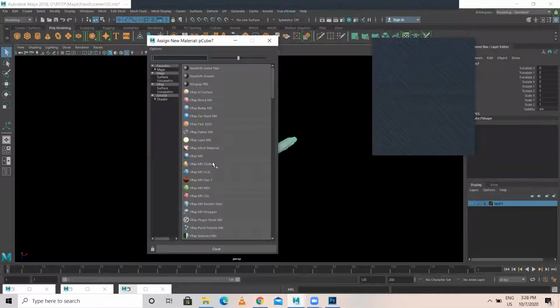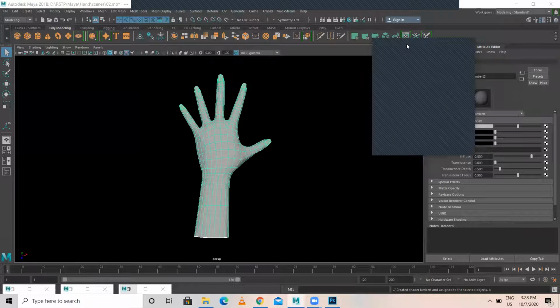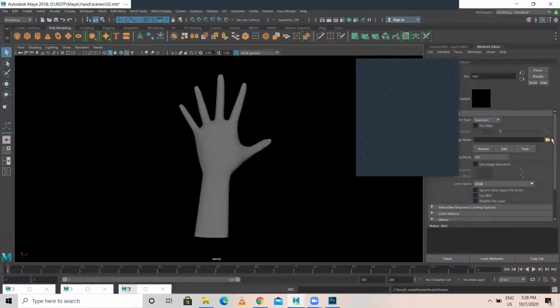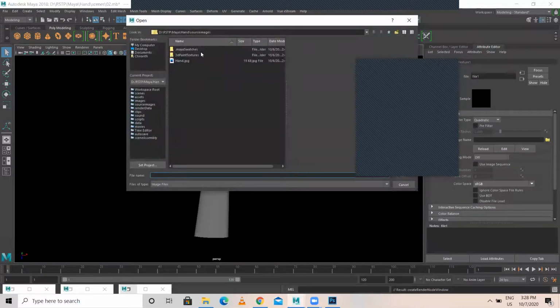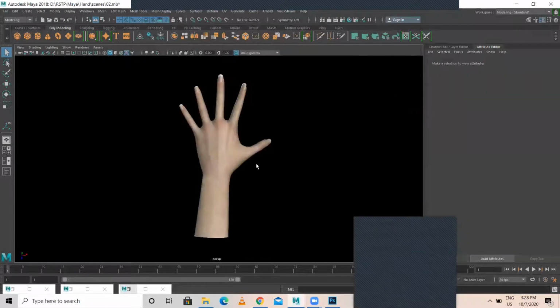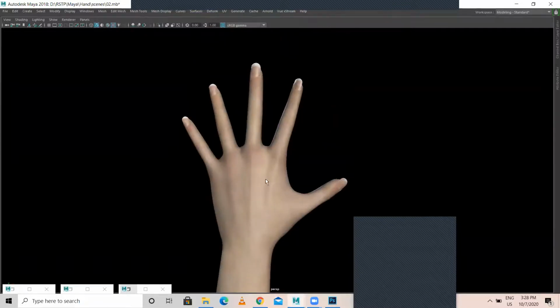I can go with Lambert. I can apply Lambert here and apply a 2D texture, an empty file. All this you will learn again. Okay, don't get confused. You guys have to focus only on modeling. I'm doing the texturing part. I just want to show you how this looks. It looks like this.